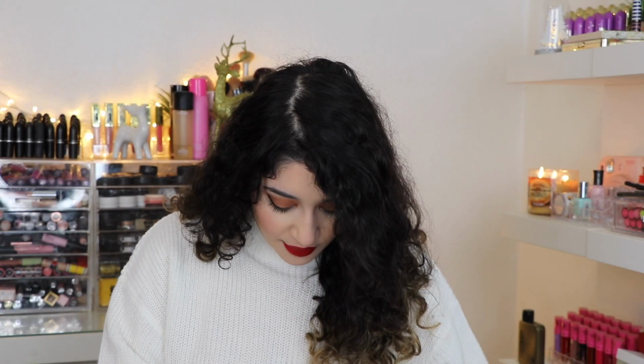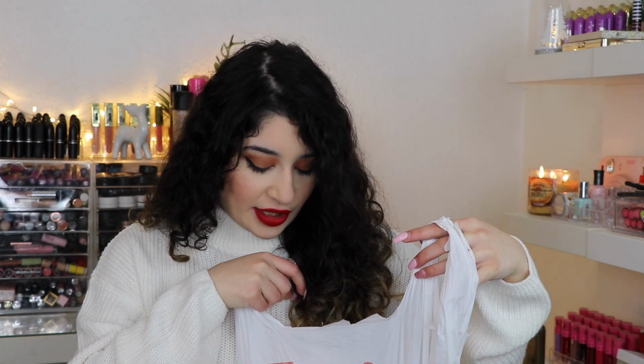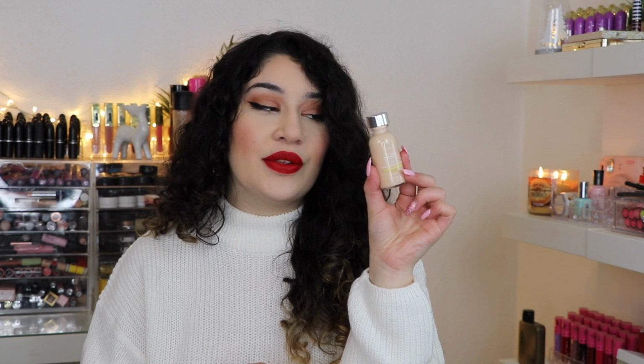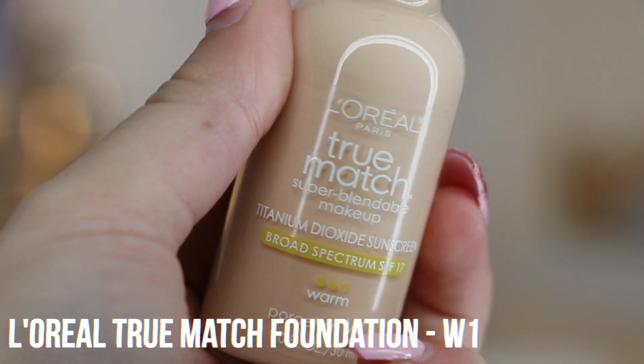Let's see what else I have in this bag of goodies. I actually put everything in this Walgreens bag. It's not from Walgreens, it's from CVS, but when I was packing my suitcase, I just kind of packed in anything. So the next thing I picked up was the L'Oreal True Match foundation, another foundation by L'Oreal,